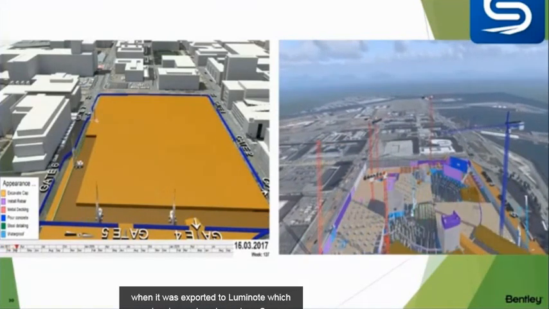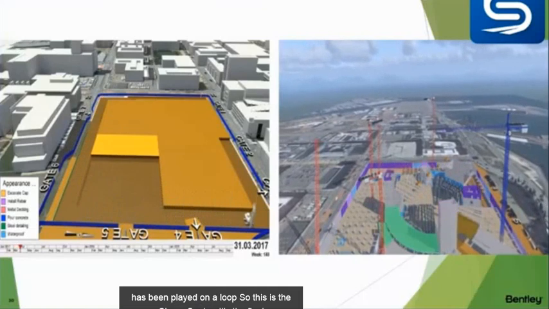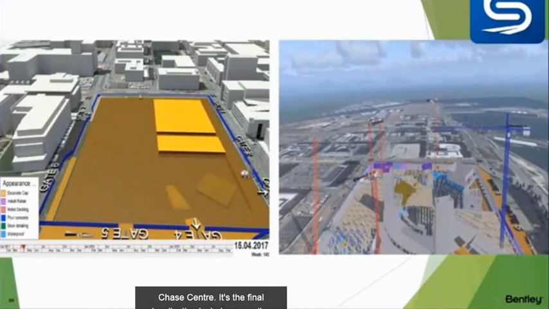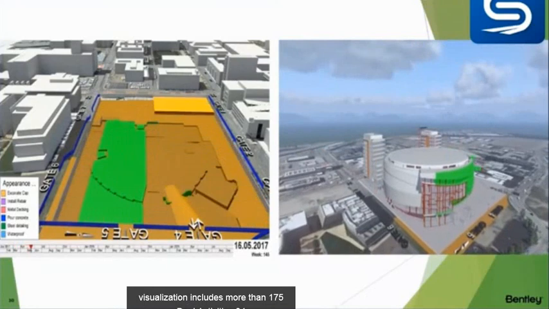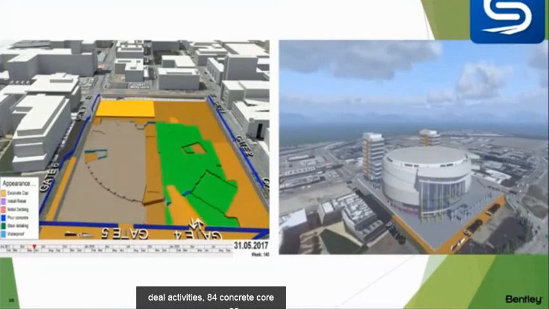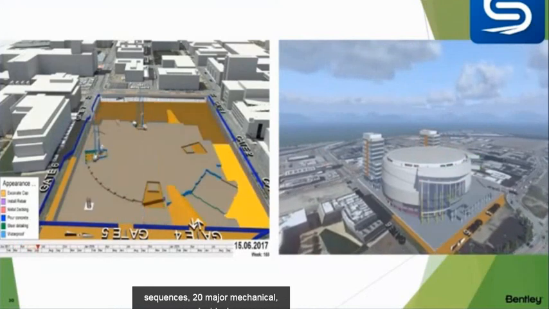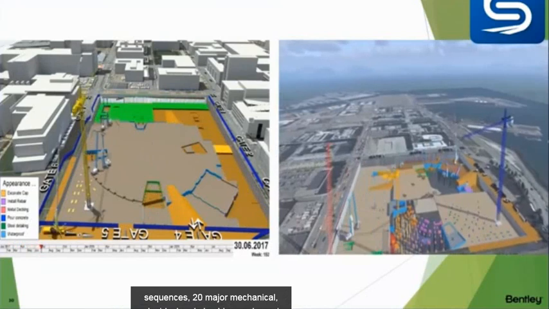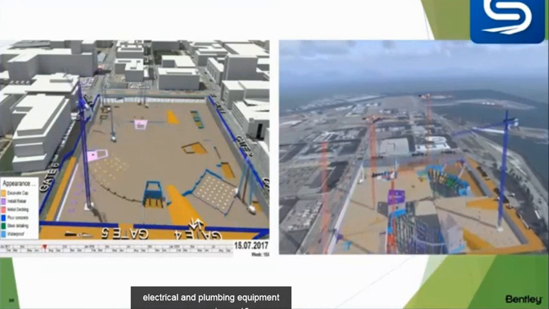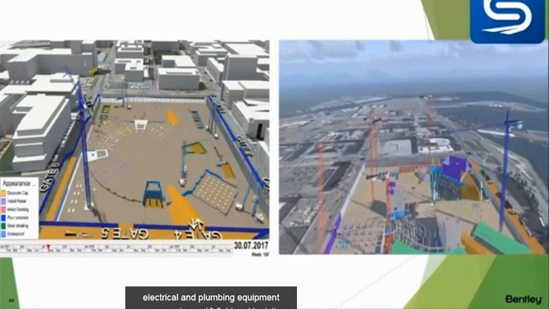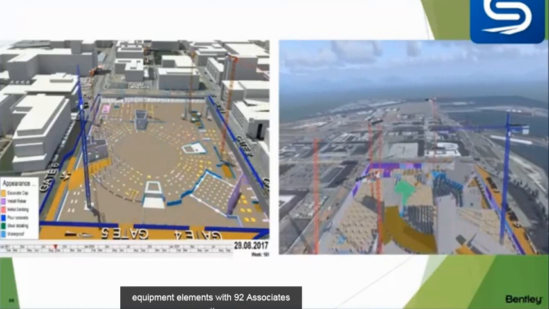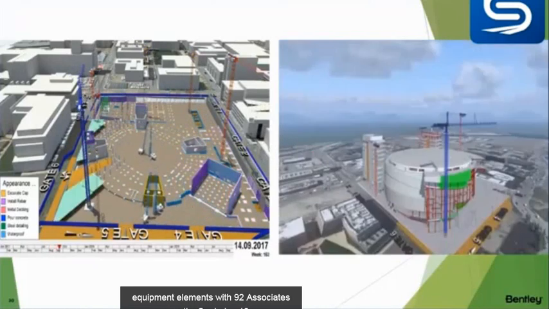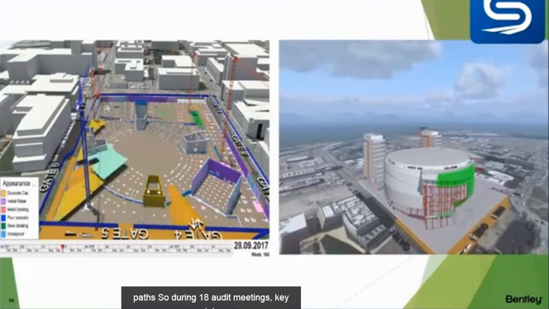So this is the Chase Center. The final visualization includes more than 175 steel activities, 84 concrete core sequences, 20 major mechanical, electrical, and plumbing equipment components, and 18 field and logistics equipment elements with 92 associated paths. So during 18 audit meetings, key stakeholders identified and addressed